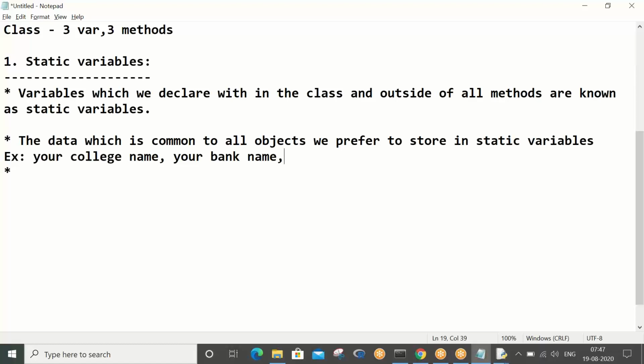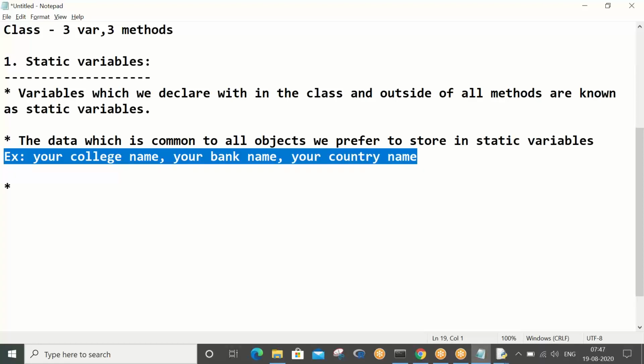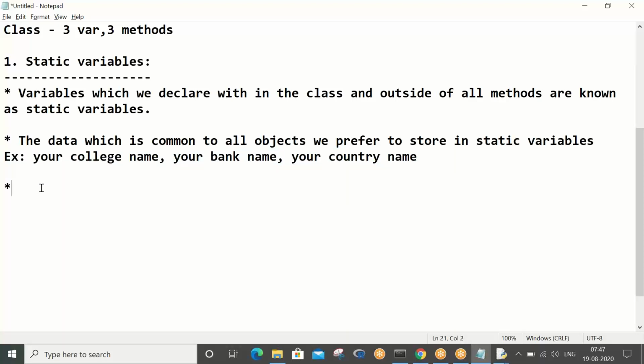Or your country name: when filling a form for a government office, in the country name text box, we all will be putting India. The data which is common to all the objects, we prefer to store using static variables. That's the point you have to understand.